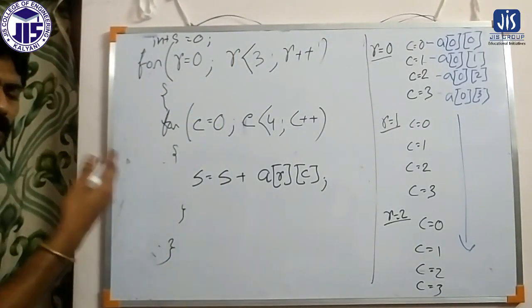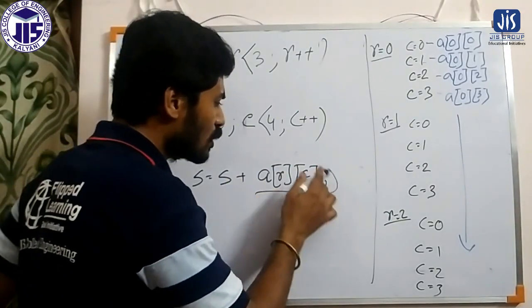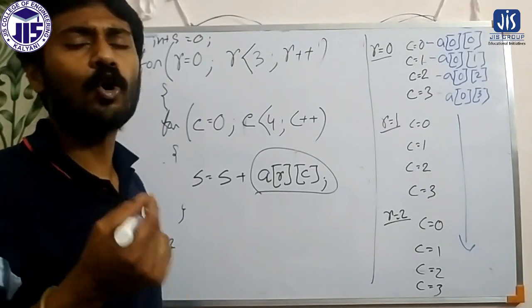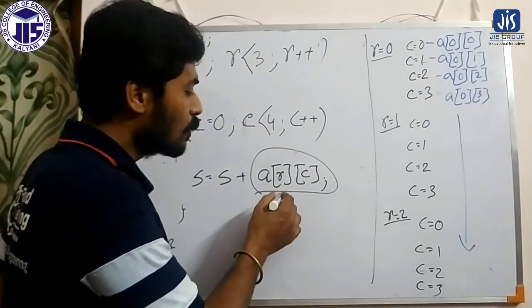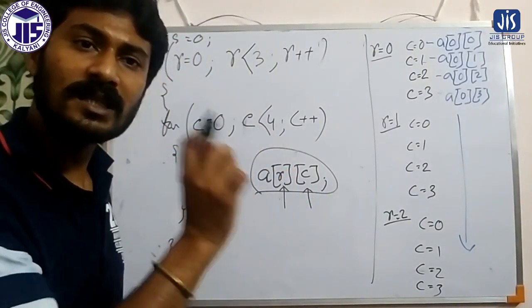So here also we are doing the same thing that we have done in case of one-dimensional array. Just the representation of the element differs. In one-dimensional array, the element can be represented by only the column number, because row number is not required, only one row is there. But here we have to mention the row as well as we have to mention the column to represent the element.